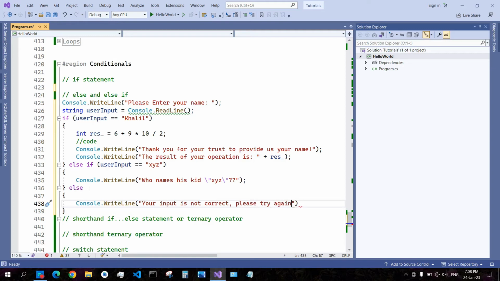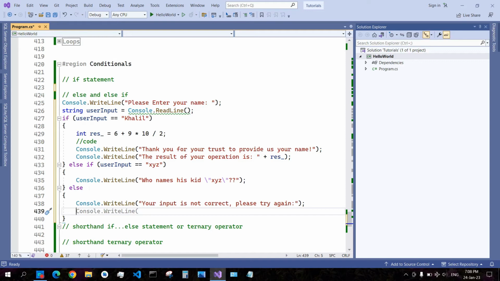Please try again, and then we are going to ask the user again, user input equals to console.read line,